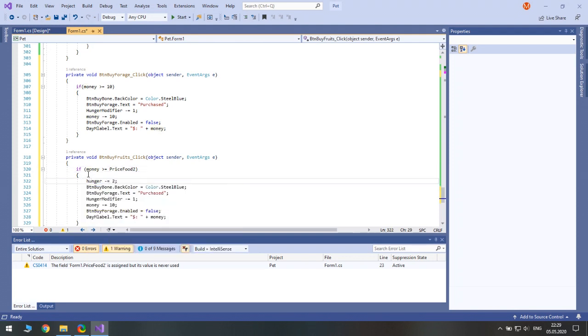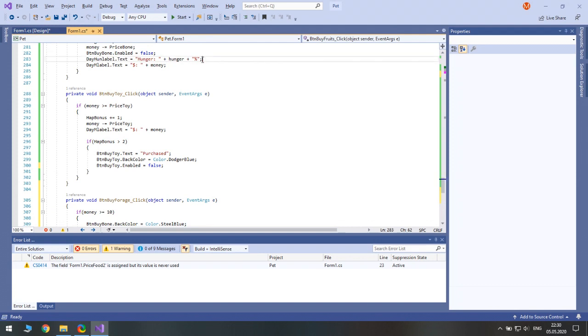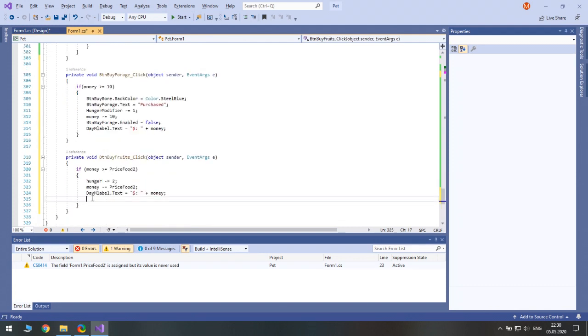We subtract money, hold Alt and press up, and subtract it by price food 2, and we update the money label, and we also need to update the hunger label. We don't need this and this and this. Hunger, yeah, good. And next,